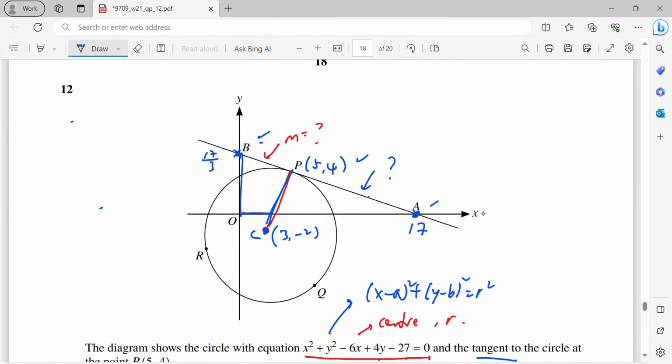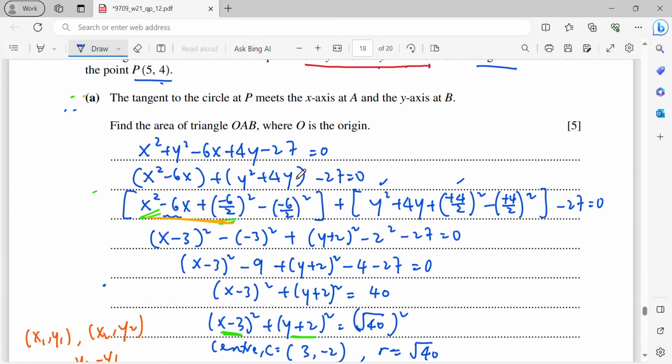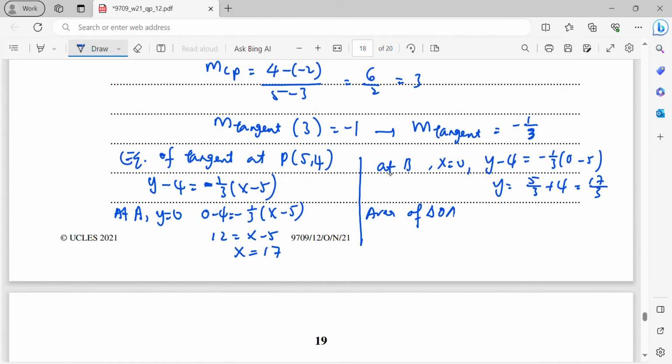Therefore, now you can find the area of the triangle. That means it's 17 over 3 times 17, then times half. So the area of triangle OAB is half times 17 times 17 over 3. Then you will get 289 over 6. Okay, this is the longer way to get the answer because we have found the center of